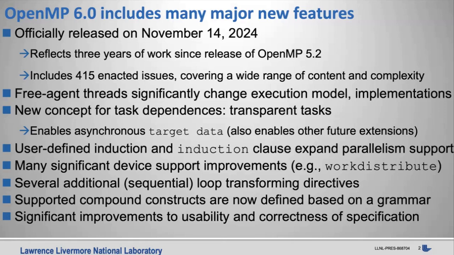Another large set of additions adds several loop transforming directives, including the split directive and a couple other loop transforming directives. These actually implement sequential loop transformations. They have been included in OpenMP because OpenMP parallelization can sometimes appear to inhibit the use of those transformations automatically by the compiler. By including them in OpenMP, you can be assured that if you specify them on your loops,